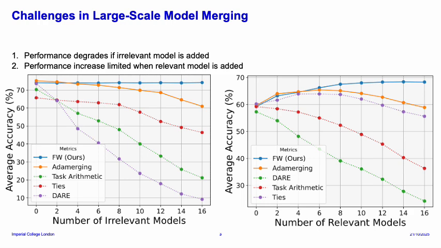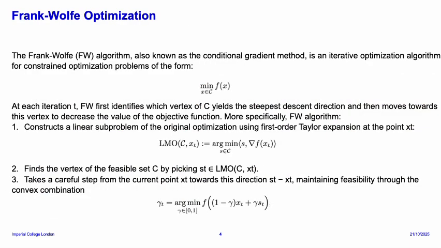First, performance will degrade if an irrelevant model is added. And second, the performance increase is rather limited when a relevant model is added. This is because there is task vector interference. To solve this problem, we propose a method that uses Frank-Wolfe optimization, and here I'm going to talk about a